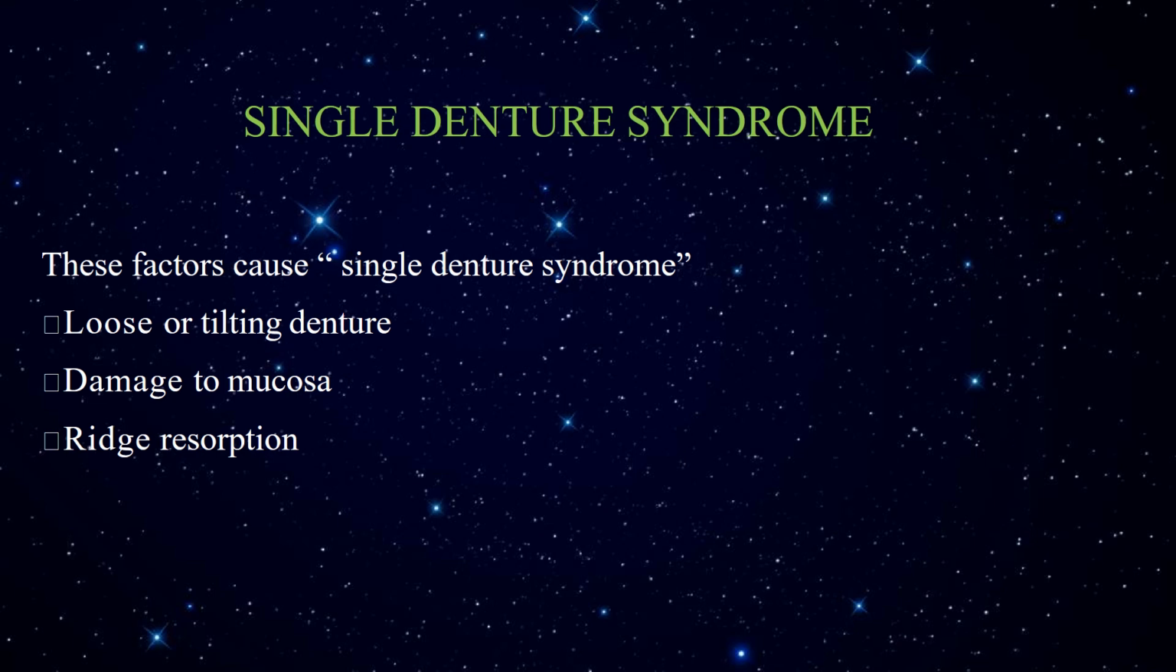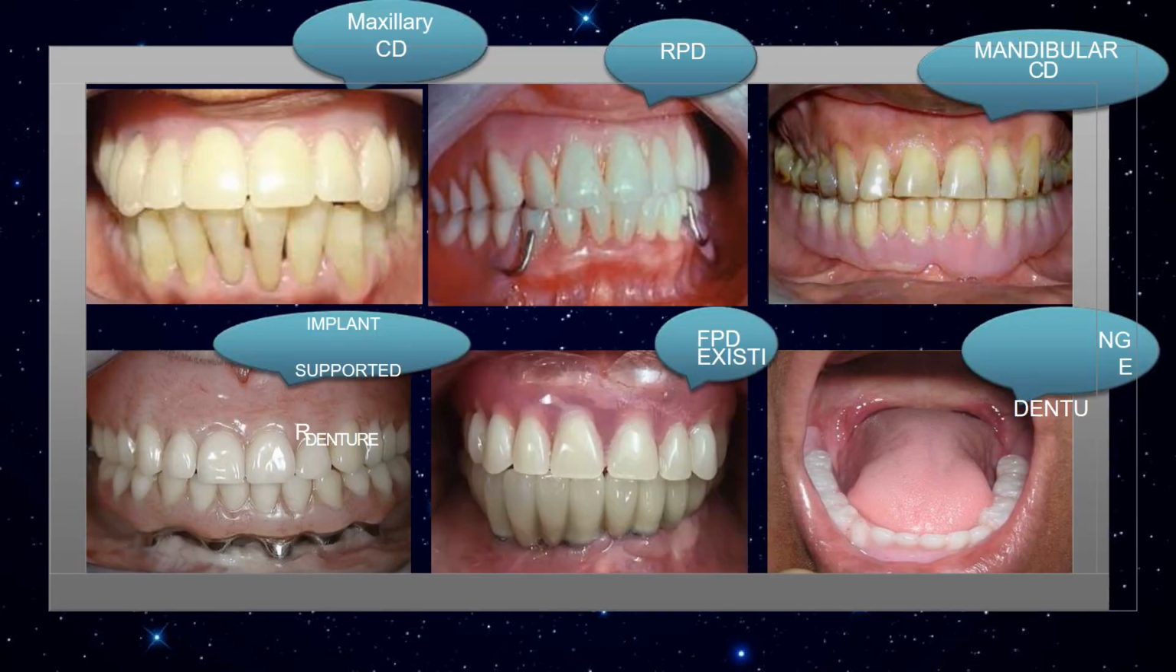The factors that cause single denture syndrome are a loose or tilting denture, damaged or abused underlying mucosa, and underlying residual ridge resorption. These are all a part of Kelly's combination syndrome. So in Kelly's combination syndrome,